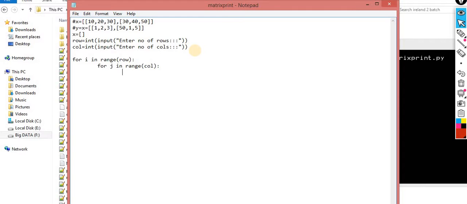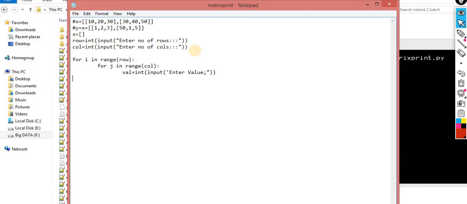So here you are supposed to take a value. Okay, so I am asking a value, int of input, enter value. I ask a value from user, the user will enter a value.